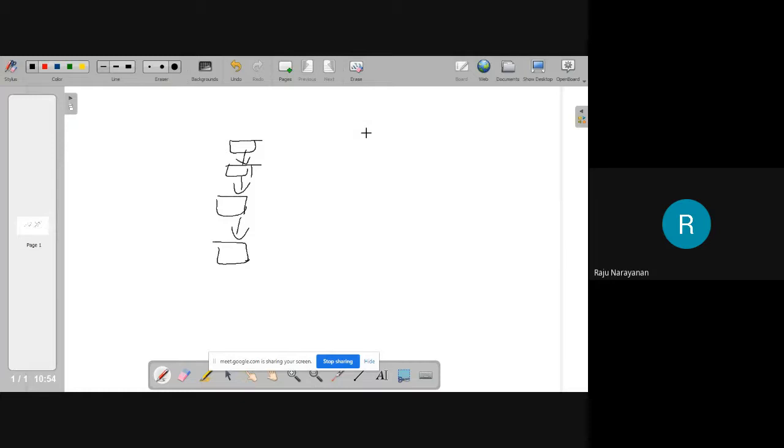The classroom example is: is A greater than B? Only two possibilities, yes or no. If yes, you go this way and A is maximum. If no, you go this way and write B is maximum. This is the if statement.